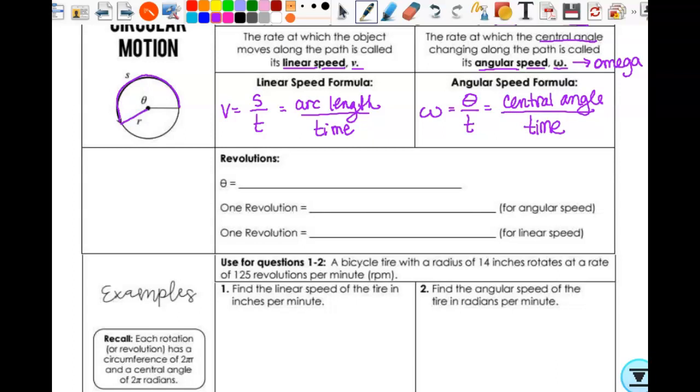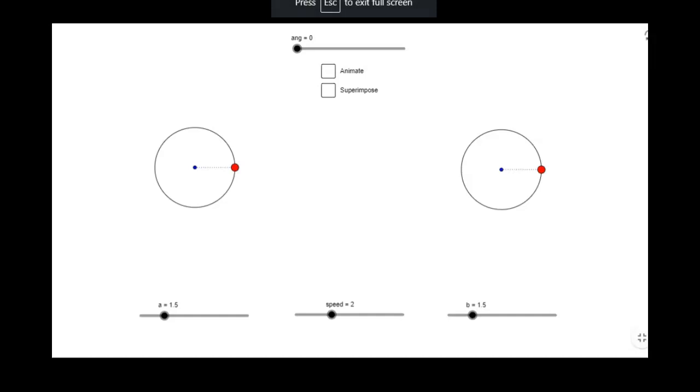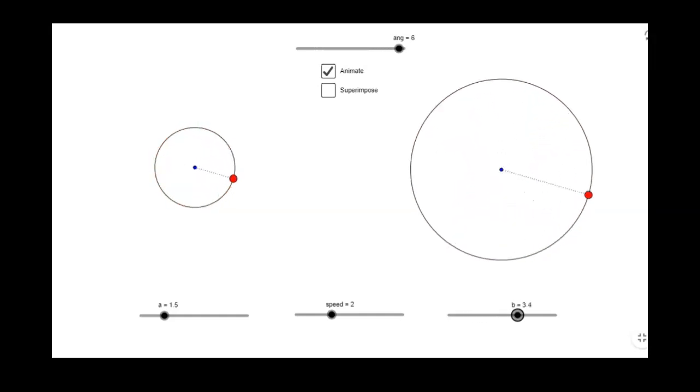So let's think about the difference between this linear speed and angular speed in a circular path. I'm going to show you this. I have these two circles, and right now they have the same linear speed and the same angular speed. If we think about this little red dot as a guy running around this circle, we have guy A and guy B, and they are running one complete rotation in the same amount of time. They're also running the same speed around that, right? If I change his circle to be bigger,